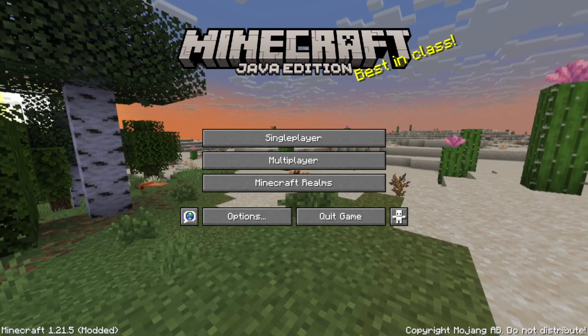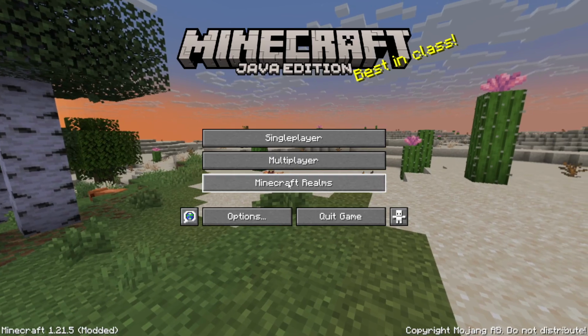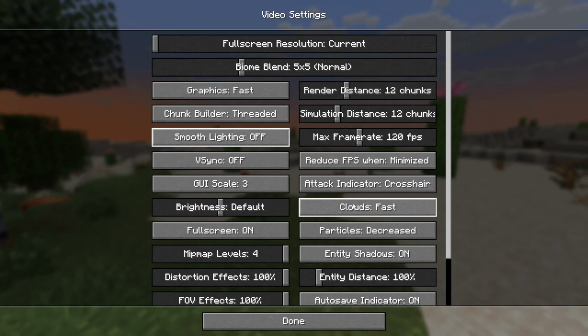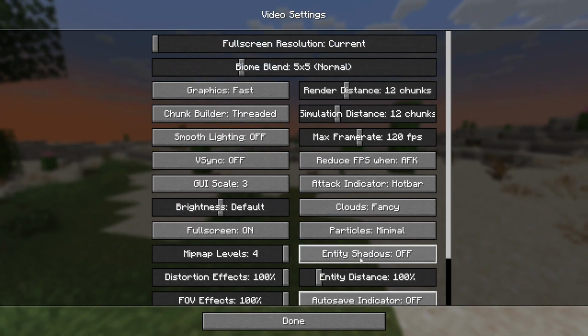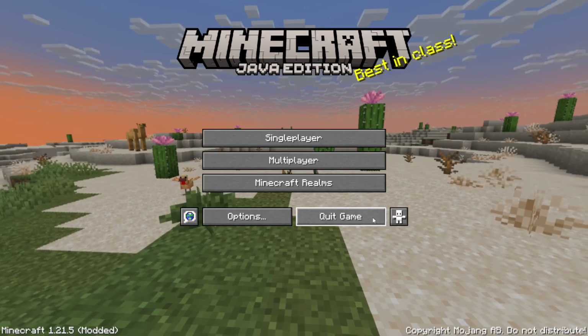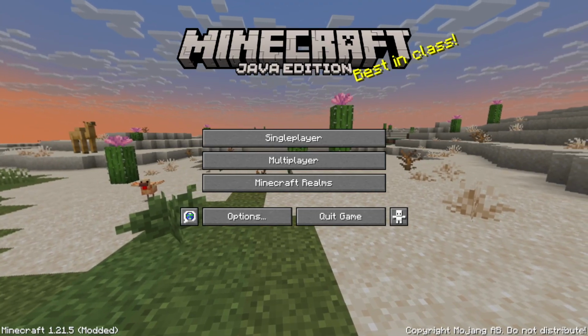In this video, I'm going to show you how to reset your Minecraft settings. So if you go to options, for example video settings or any other thing, maybe you keep changing some stuff here and you just want to get back to default, but you don't remember which settings they were. So what you'll need to do, first of all, is quit the game, close